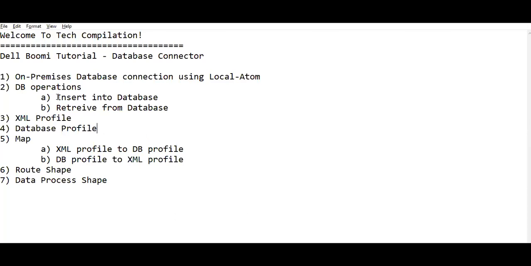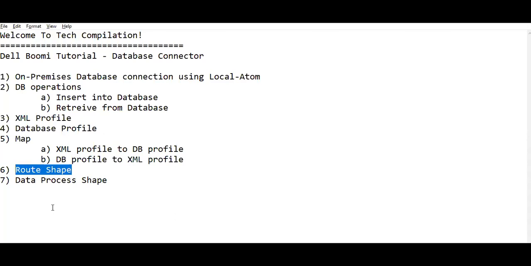When inserting, we receive the request as an XML profile and convert it into the database profile. When fetching data from the database, we use the DB profile and convert it again into the XML profile.